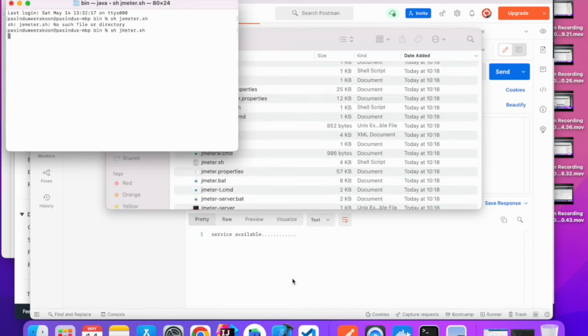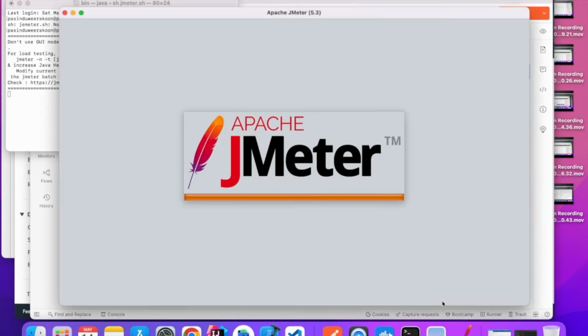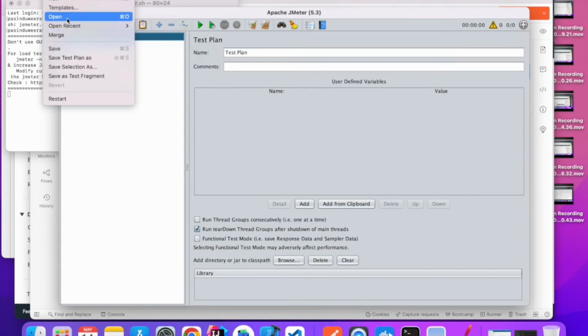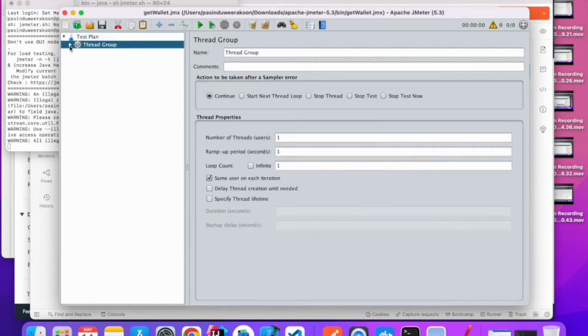JMeter. Now this one is up and running, so I'll show you my previous, I already saved thread group here. So here I'm checking get user, login user, get coin, get wallet, and get wallet address services are working,